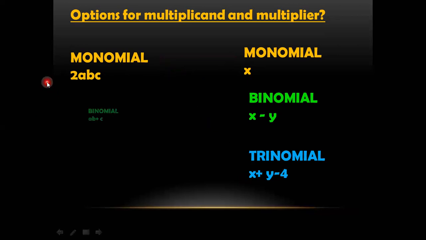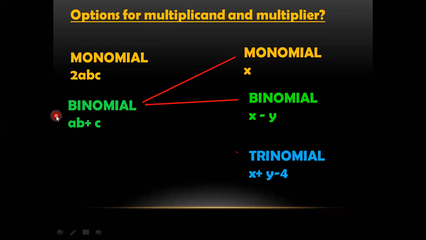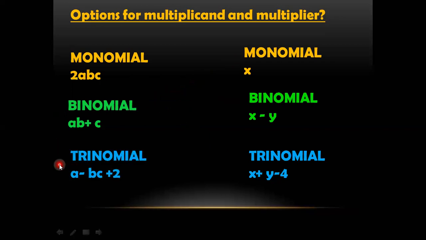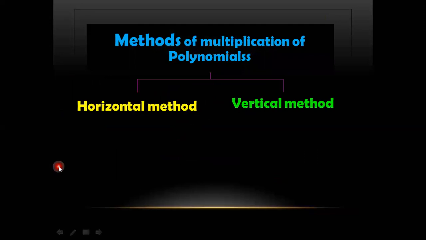अगर monomial की बजाय हमारे पास binomial होता तो binomial को भी हम monomial से multiply कर सकते थे. Binomial can be multiplied with binomial, binomial can be multiplied with trinomial. All these options are free. And similarly, if we have a trinomial, so trinomial can be multiplied with the monomial, with the binomial, with the trinomial. So there can be many other options too. In your exercise, you will see that mostly you will be multiplying a binomial with the binomial. When a binomial will be multiplied with a binomial as a product, you will be getting different terms.